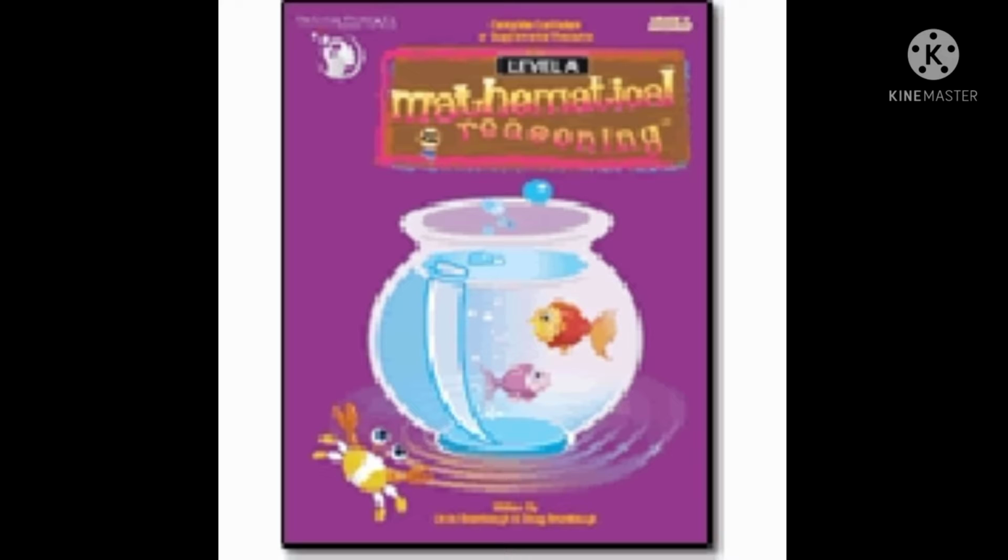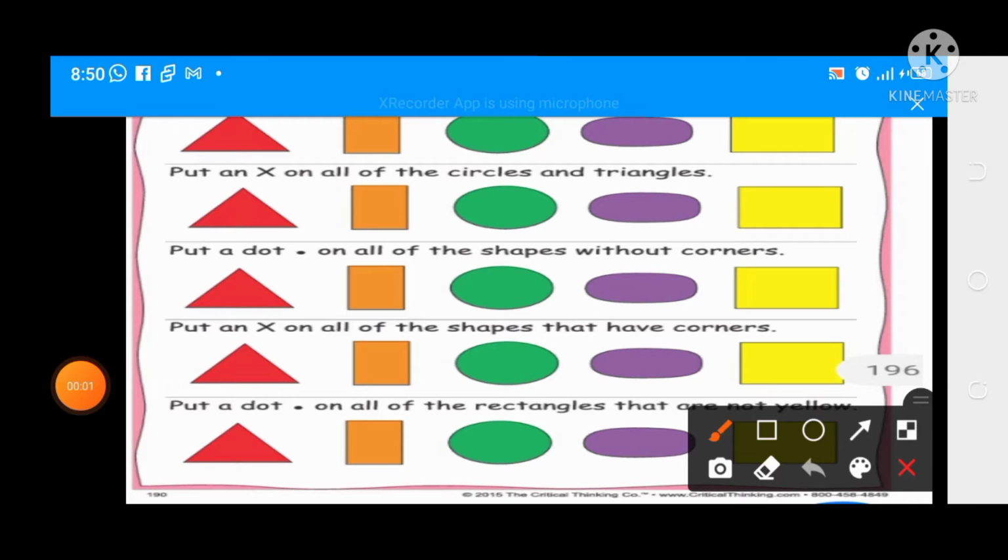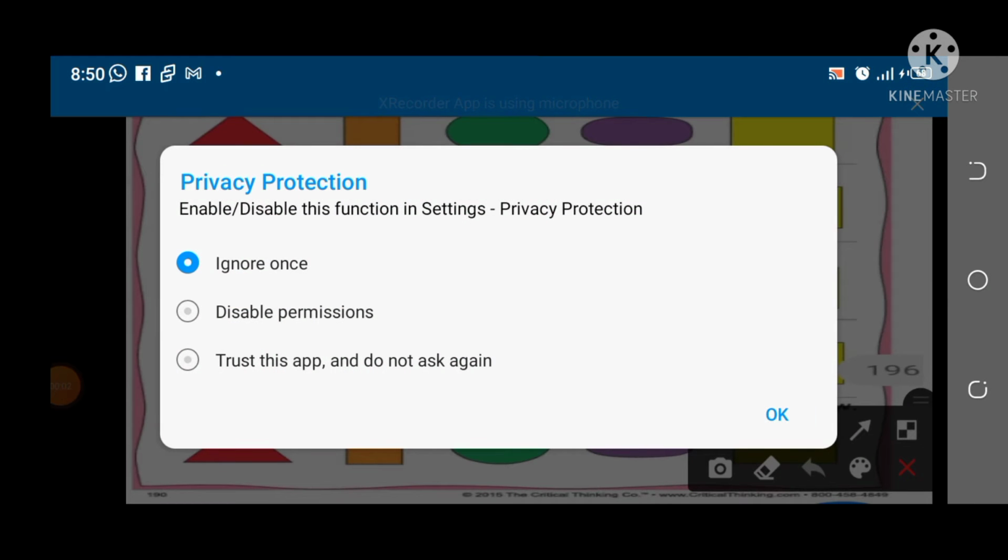For the past 2 weeks, we've been talking about measurements. This week, we'll be taking a look at a new topic called geometry, and we will be working on page 189, 209, and 221. As we all know, geometry talks about shapes,